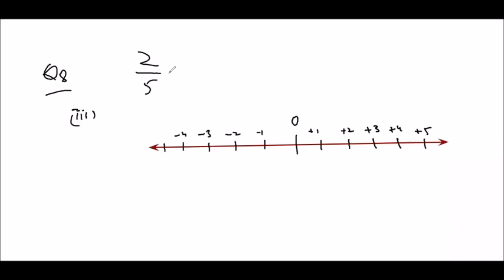It means every part has subparts equal to 5. Now divide each part into 5 parts. It means that you will just calculate 2 small parts. Out of these 5 parts, you will take only 2 small parts. Now 1 and 2, this is very close. This 2 is the answer. 2 by 5.